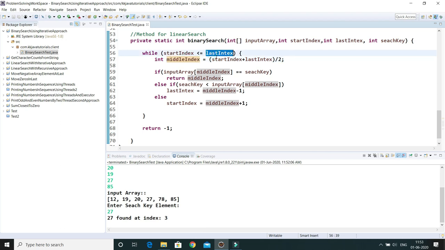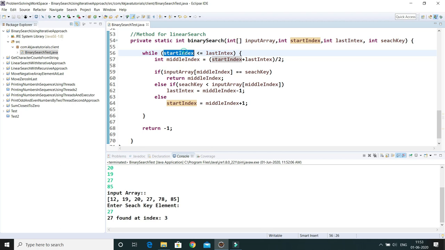So the start index must always be less than or equal to the last index. With this search, we first divide the input array into half, and this process happens recursively, or you can say iteratively, until we get the search key or search element.